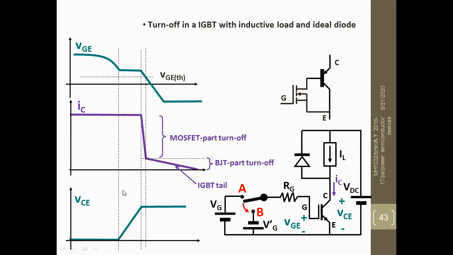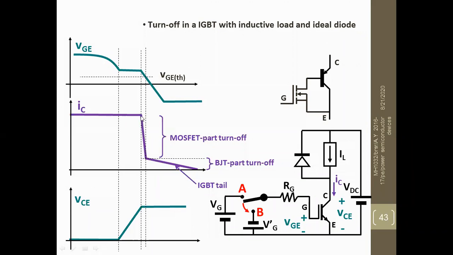Okay, up to here the collector emitter voltage is 0. When it is changed to B, what should happen? The collector emitter voltage rises. Here, if you observe, the collector emitter voltage is rising. What about the collector current? The collector current behaves in the same manner. Up to this point, a constant steady current is moving. After that, what should happen? It slowly decreases.